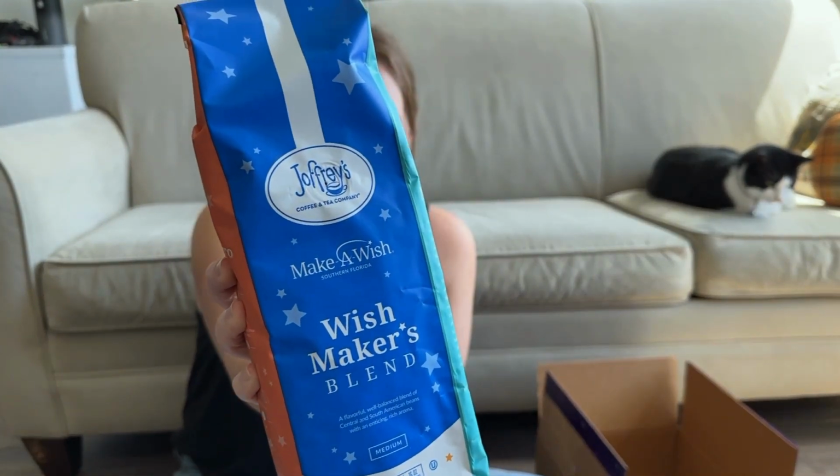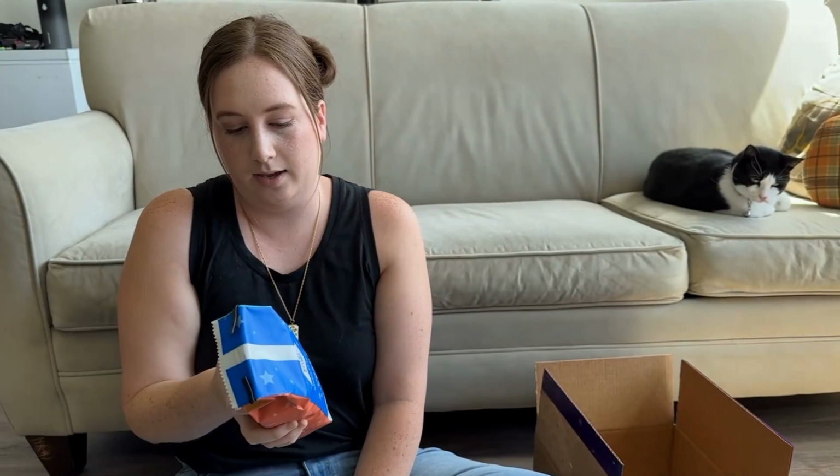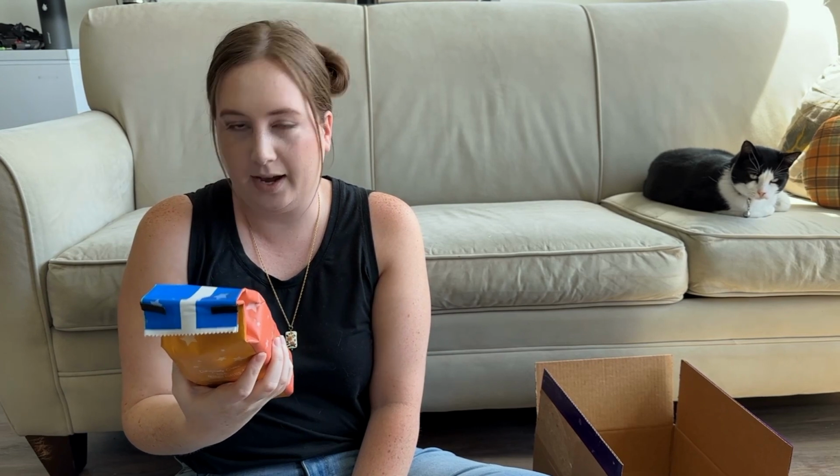Okay, this last bag technically is not a Disney collaboration. However, it is the Wishmakers Blend, partnered with Make-A-Wish. The reason I included this with my Disney order is Disney and Make-A-Wish have a very strong partnership. In fact, the very first official wish granted by Make-A-Wish was a trip to Disneyland. Since then, the Make-A-Wish Foundation has granted over 500,000 wishes. Of those, over 150,000 have been granted by Disney, making them the number one wish granter of the foundation,